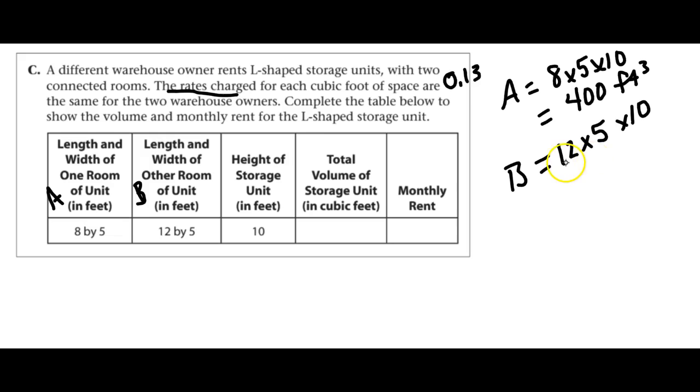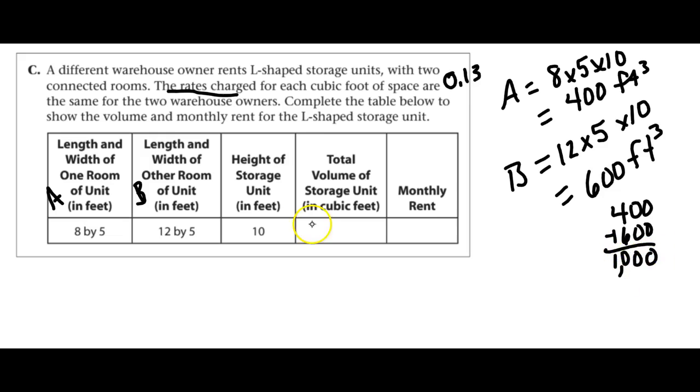So when you solve that, 12 times 5 is 60, times 10 is 600 cubic feet. So room A is 400 cubic feet, room B is 600 cubic feet. In order to find the total volume, I need to add those two together. So I have to do 400 plus 600, and I get 1,000